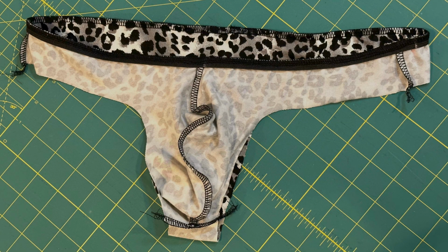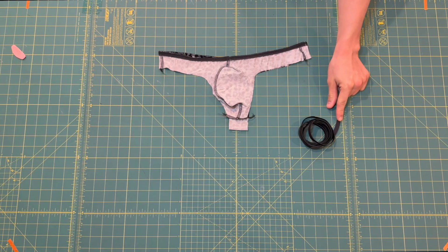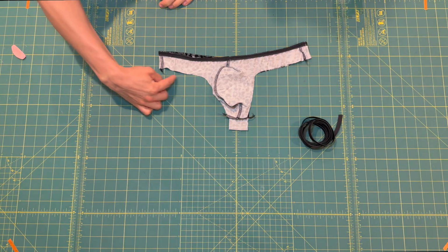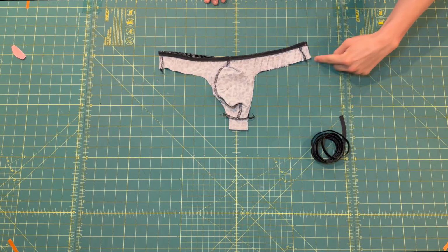This is what you will have after you have attached the waist elastic using the serger. Next, we need to stitch our remaining elastic to the leg openings of the thong. This is the same process as attaching the elastic waistband, however, there is no specific measurement you need to cut